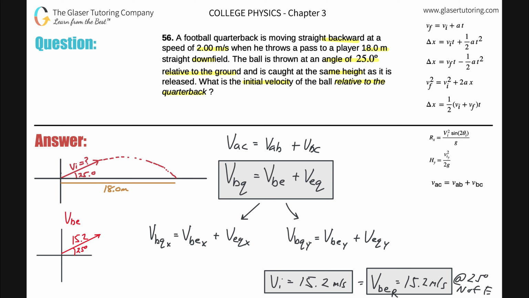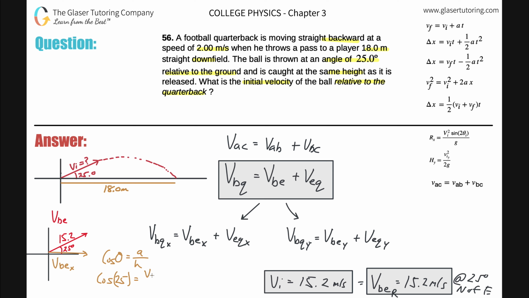Now what I want to do is find just the x component of this. So how do we do that? How do we find then the velocity of the ball relative to the earth in the x direction? Well, it's simple, right? We could just start using sine, cosine, tangent, all our formulas. I noticed that this side in brown here is going to be adjacent to the 25 degrees, and that's basically the hypotenuse, right? You see a little triangle there. So I'm going to use a cosine. Cosine of the angle is going to be equal to the adjacent side over the hypotenuse. The cosine of 25 should be equal to the adjacent side,